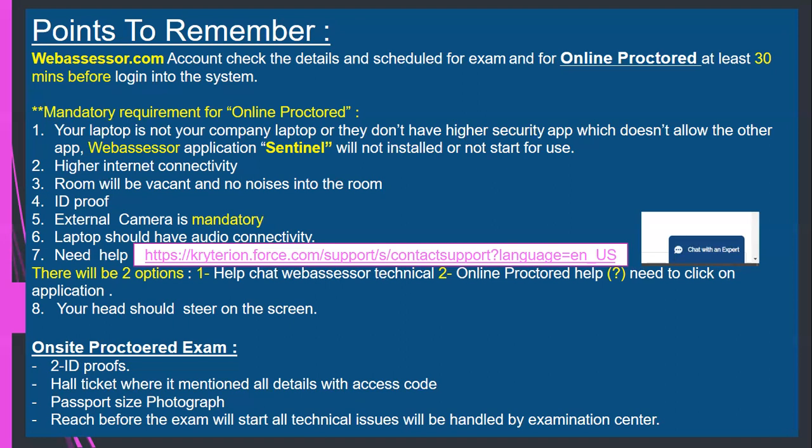When you click on it, it will ask for your first name, last name, email ID, and purpose of contact. If you mention it is an online exam technical issue and submit the form, you wait for about 1 minute or 30 seconds, and after that the tech person will start chatting and ask what the issue is.